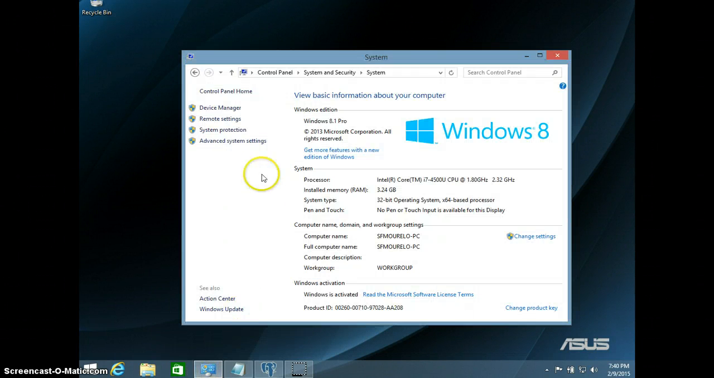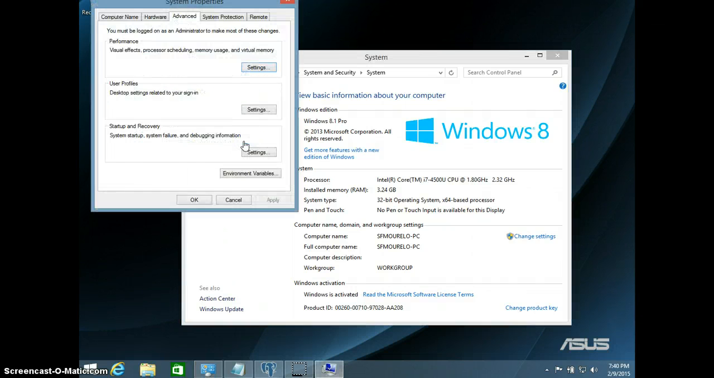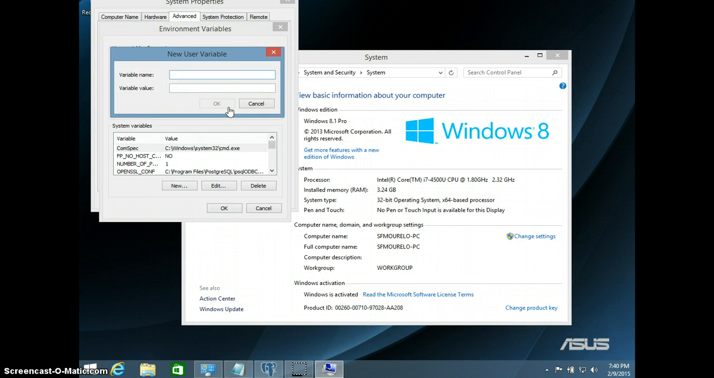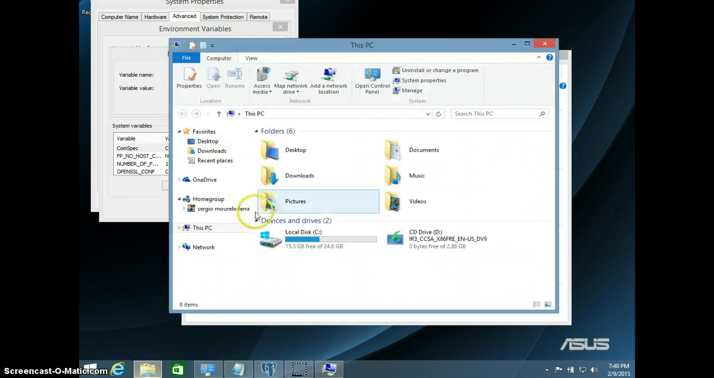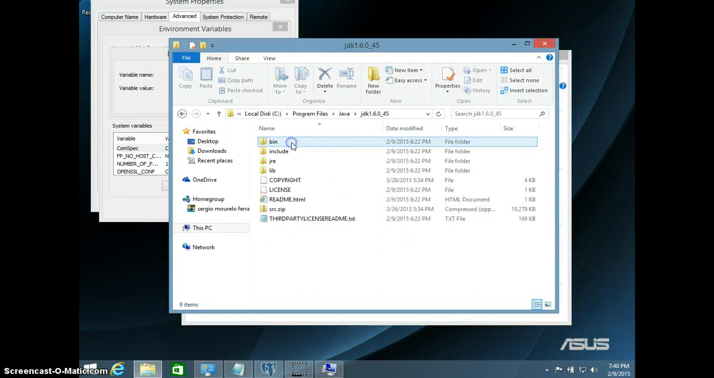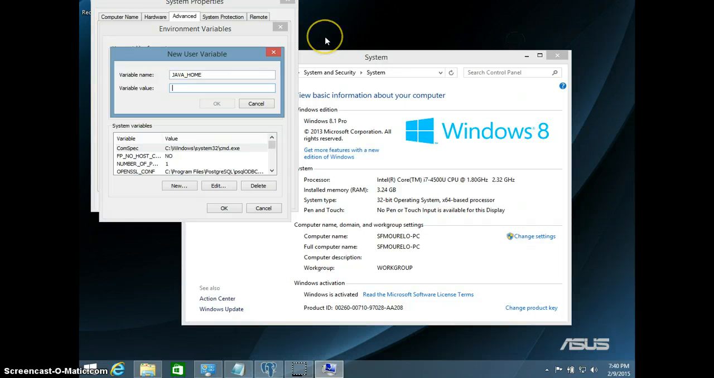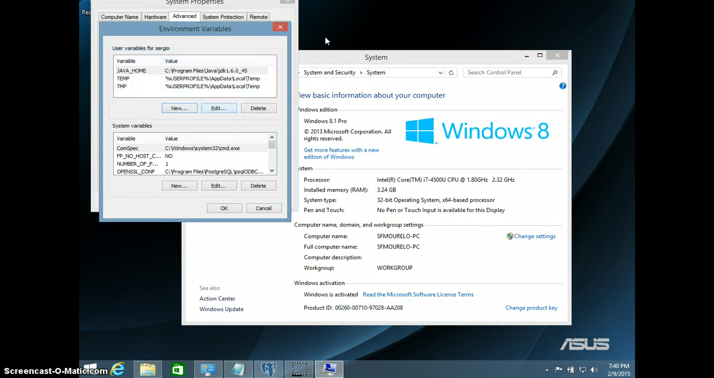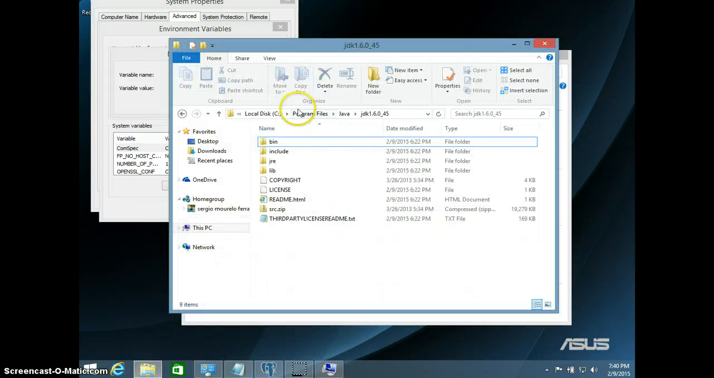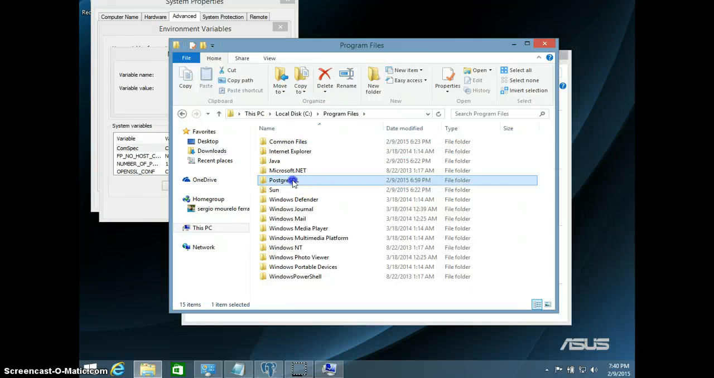How do we do that? We go to Control Panel, Advanced System Settings, Environment Variables, and we're gonna create three new ones. The first one is gonna be Java Home, and we need to put here the directory, so we go here, C folder, program files, Java, JDK, Control C, Control V, click OK. Another one, Postgres Home, and we're gonna put the directory for PostgreSQL, program files, PostgreSQL 9.4,